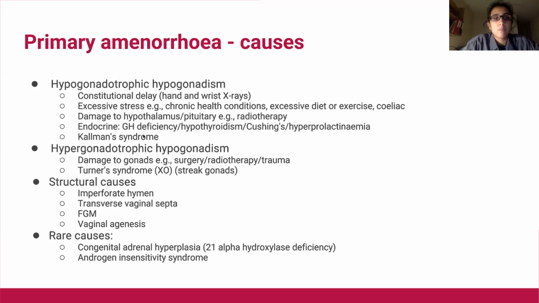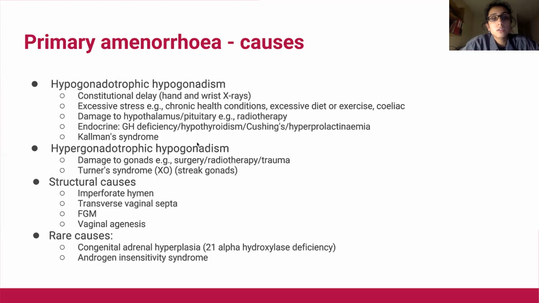In this condition, there is a failure of GnRH secreting neurons to migrate from the hypothalamus. And so this leads to a lack of GnRH and a subsequent lack of FSH and LH from the pituitary. And again, the exam tick point for this is anosmia, which is where you have a lack of sense of smell, because those same neurons also migrate down to the olfactory bulb. And if they're not migrating, you don't have a sense of smell.